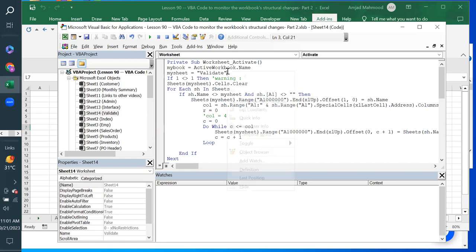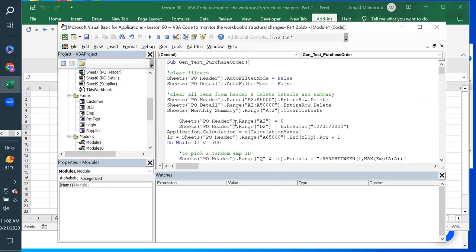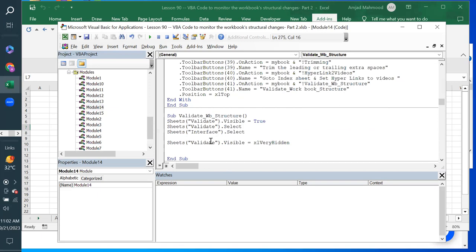If I right click here, we go to the last position, this one. Okay, this is the last here, and then you will get back to here. Right? Yeah, this one. So you have to use the my sheet variable even here, or you just write whatever your sheet name is, right? Okay, now let's get back